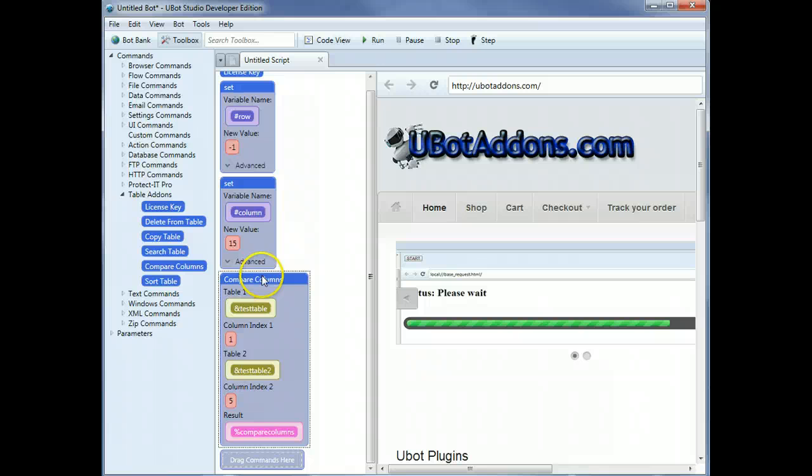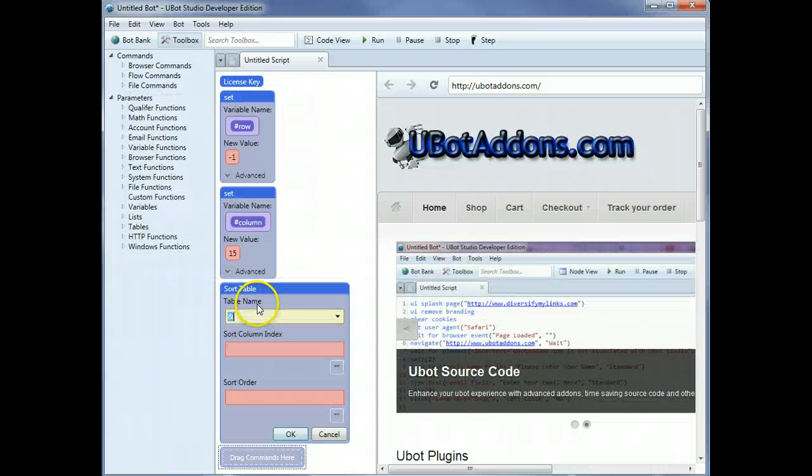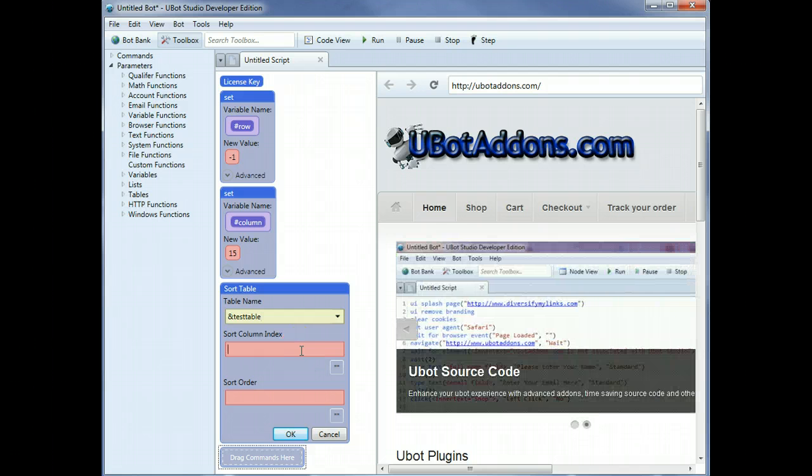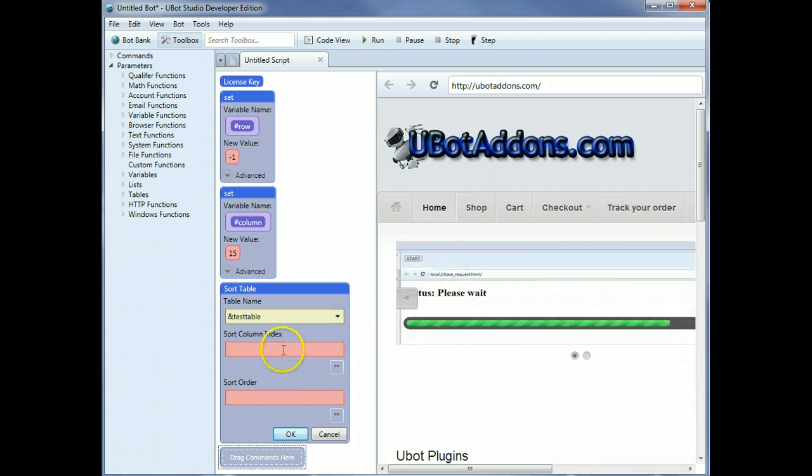Now the last function is sort table. So for sort table we just drag it across, and then obviously we select the table or type the table name in. Now let's say we had a table with 5 columns in and we wanted to sort it on column 3. So if we could put column 3 in there,